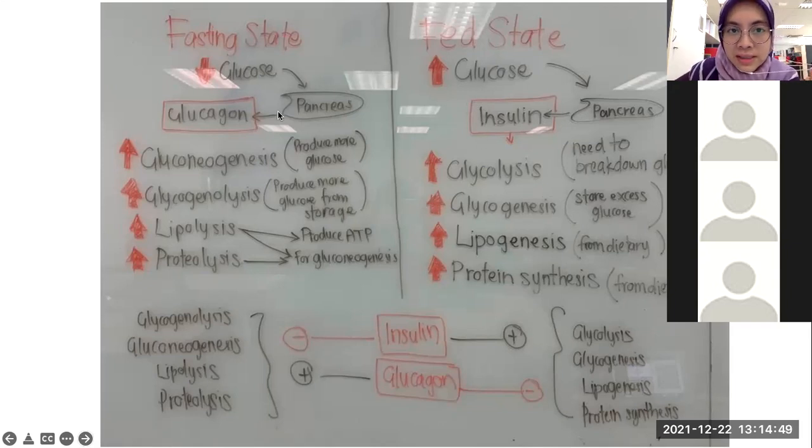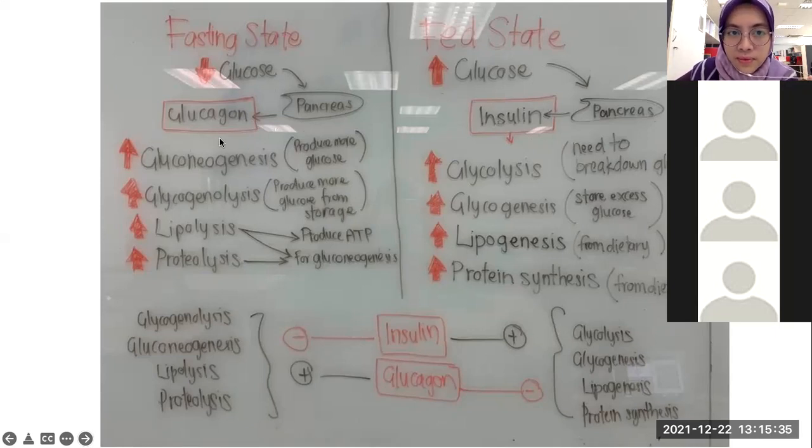So let's look into fasting state. Fasting meaning you have not eaten for some time or after a vigorous exercise. Again, the key indicator is the glucose concentration in our blood. So fasting state is the opposite of fed state. In fed state, we have an increase in glucose concentration. In fasting state, it's about the decrease of glucose concentration in our blood. So again, who will detect this? The sensitive organ called pancreas. In fed state, pancreas will release a hormone called insulin. In fasting state, pancreas will release a hormone called